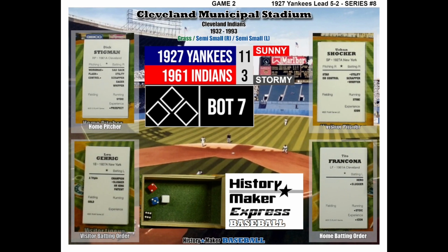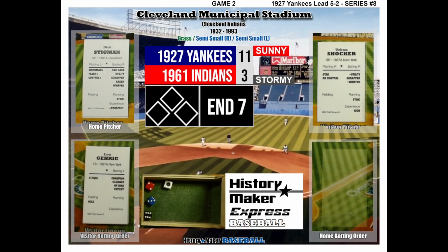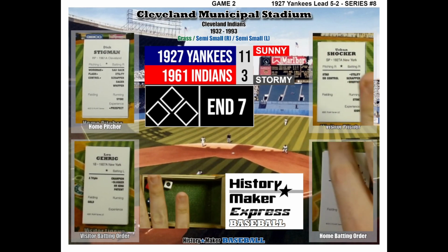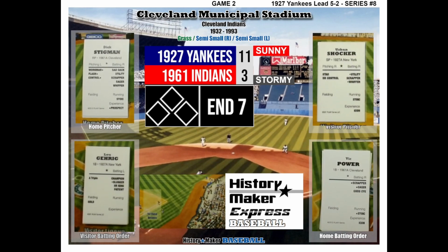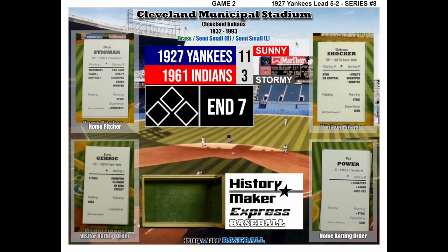Is Tito a sad sack batter? No, he is not. That's going to be an RBI question mark result. However, the decider die says no RBI, and it'll be a no runs result of 2 dots to end the seventh inning, as the 1927 Yankees still lead this ball game by a score of 11-3,